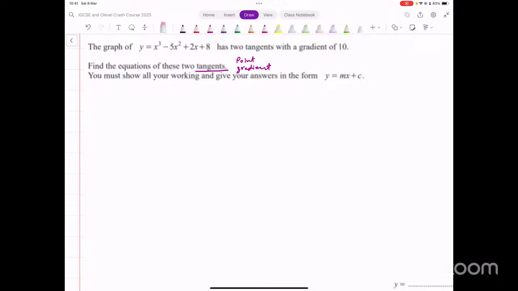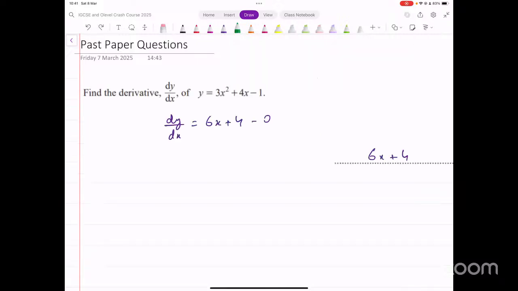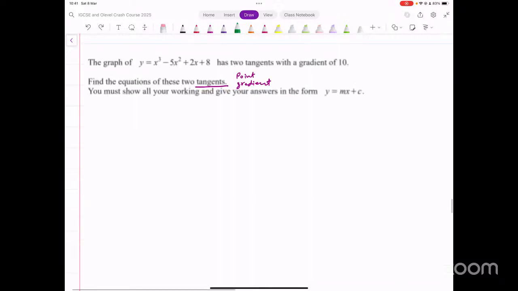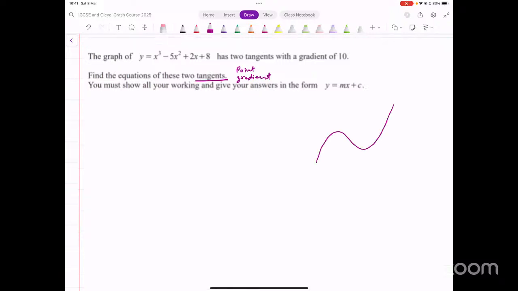Now think about it. If you have any curve, let's say you have some part of a curve that looks like this maybe. This curve is a cubic curve. It'll actually be something like this. You don't necessarily need to know this, but just for understanding, let's assume it's a curve like this. So there's some point here at which, if you were to draw a tangent, they are saying the gradient of this tangent is equal to 10. If the gradient of the tangent is equal to 10, that means the gradient of the curve at this point,